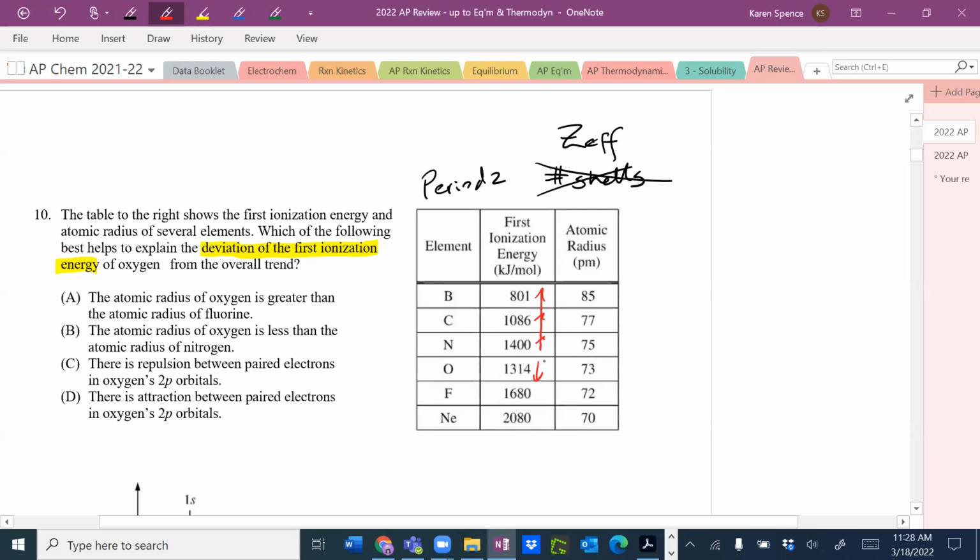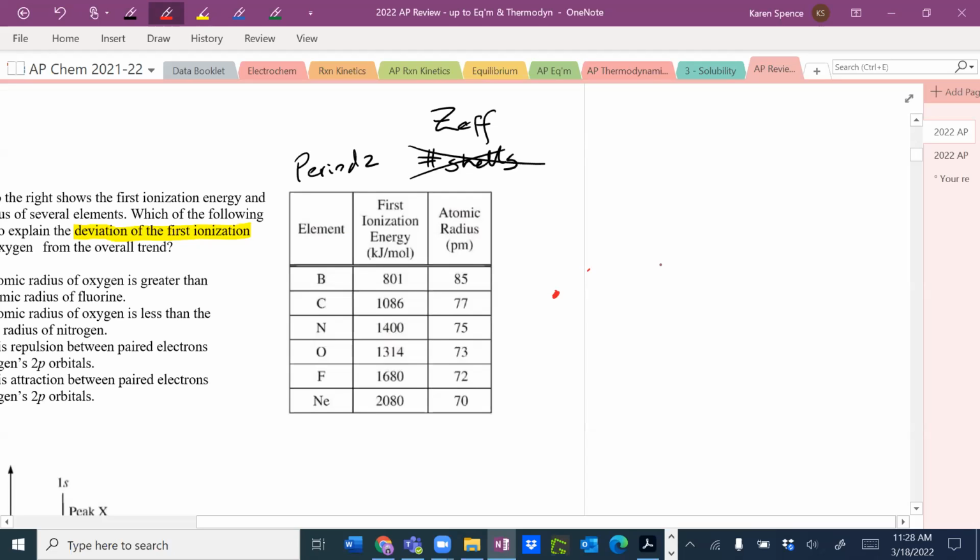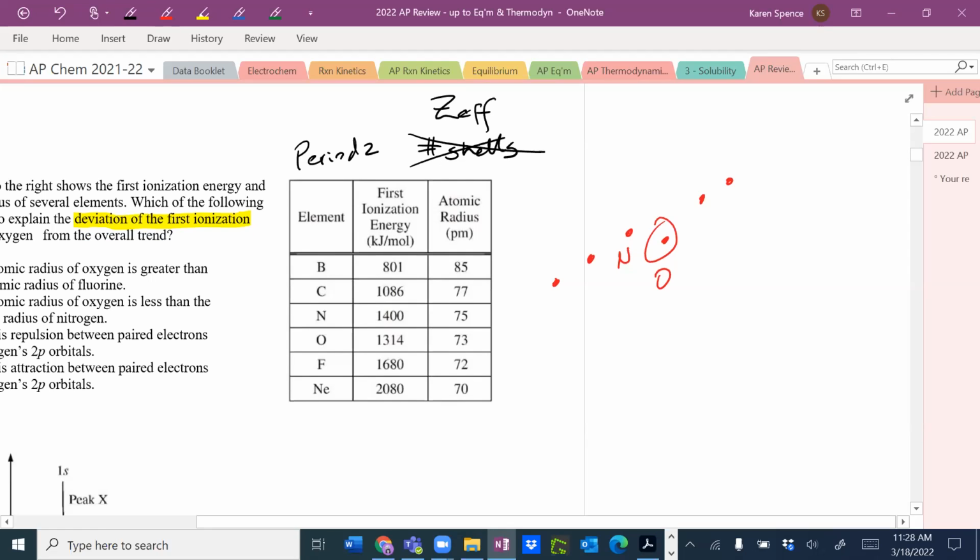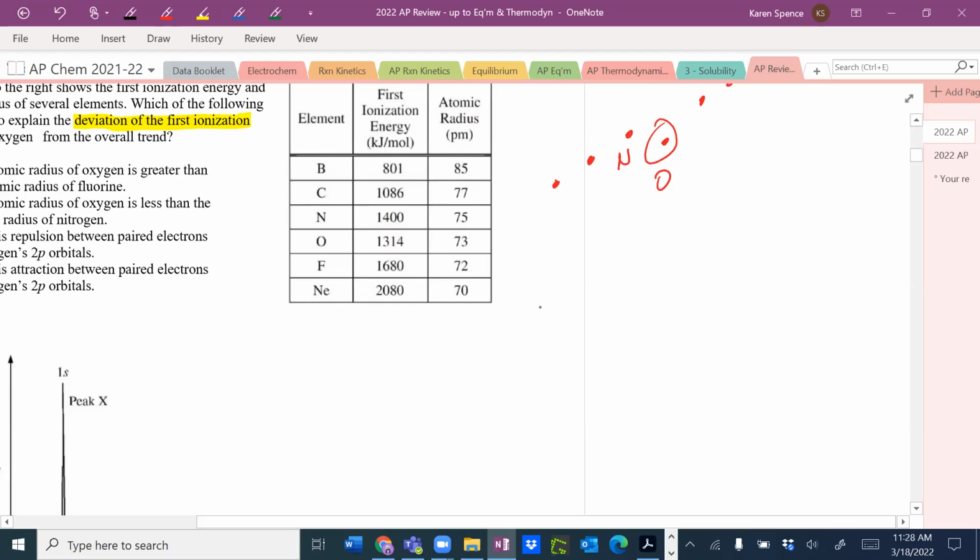I don't know what I'm drawing. Anyway, if we were to graph it, it would look like this. Boron, carbon, nitrogen, oxygen, fluorine, neon. So the weird one is, why is oxygen's ionization energy smaller than nitrogen's? Okay. So this one we're going to look at our little box diagram. So we have, let's see, 2s,